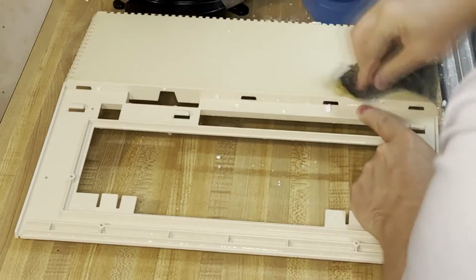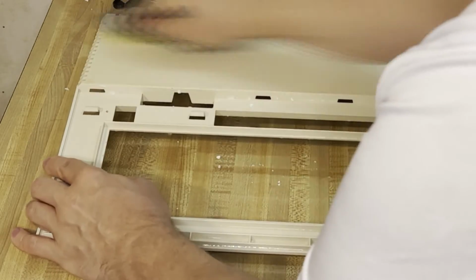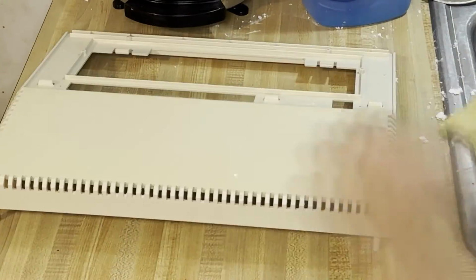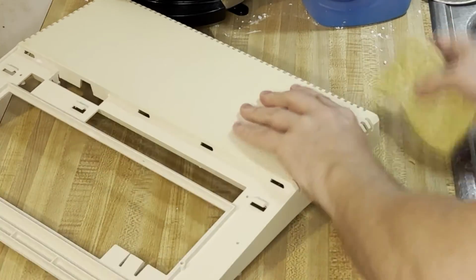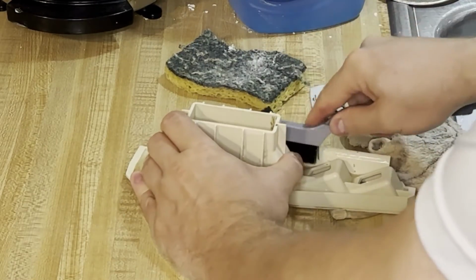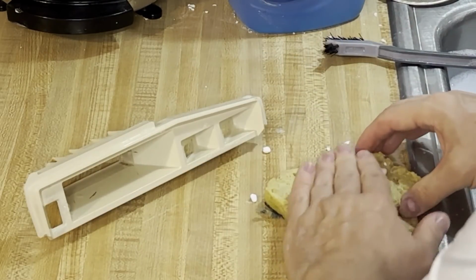But yeah, let's get some dish soap and baking soda. I didn't need to have any alcohol on there, and baking soda took care of a lot of the scuffs that I couldn't take off with the dish soap. I don't know if you can tell on camera, but I could certainly see a difference of yellowing on the top half of that case versus the parts that were not exposed, the parts that were covered by the brown bits. This is the cartridge and game port slots, and those were covered in marks that just really took a